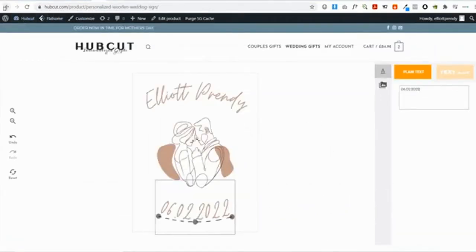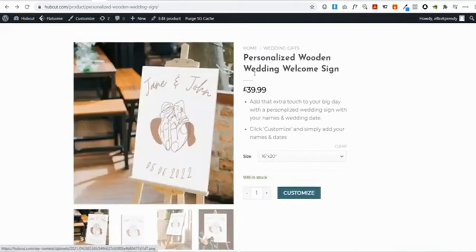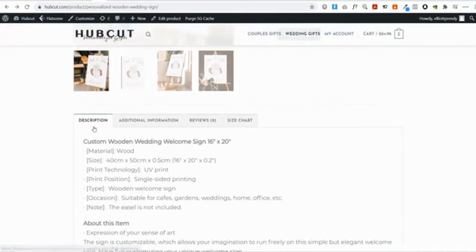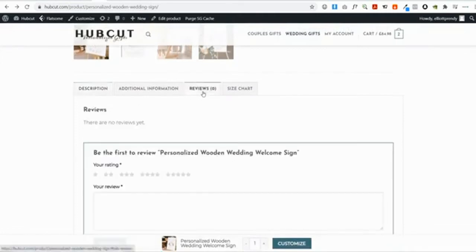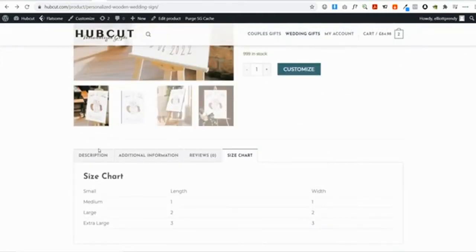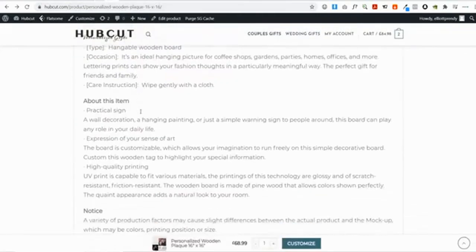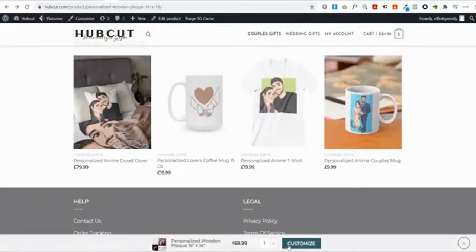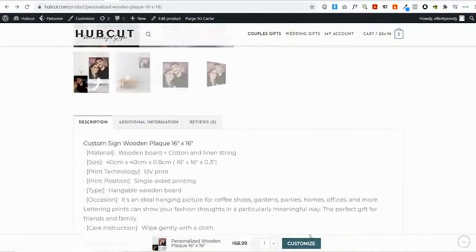And on all of these product pages, I'll be showing you how you can completely customize everything using a drag and drop builder, so you don't need any technical knowledge. You can write amazing product descriptions. You can add descriptions over here. You can add reviews, size charts, and you can also add recommended products down the bottom over here. And you can also add this sticky add to cart button to increase your